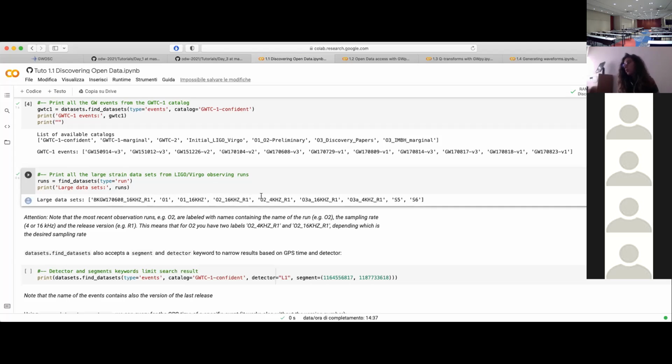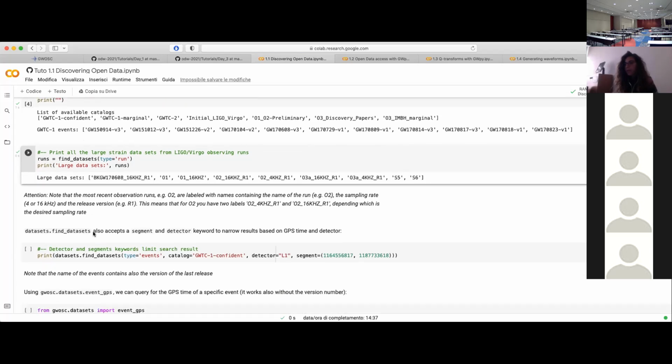So for O2, you have these two runs, and O3a, which is the first part of O3, you have also the same nomenclature, and S5 and S6 were previous runs before O1 that had lower sensitivity. In fact, there were no detections in S5 and S6. Okay,